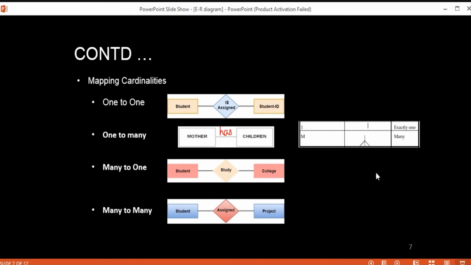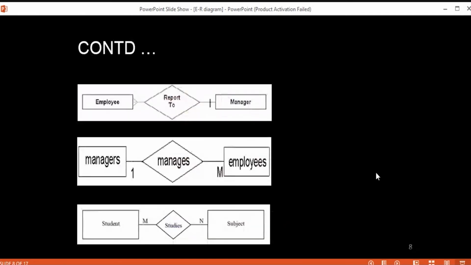You can also indicate the cardinality using marks above or below the line. Generally we write it below the line, and it tells you the maximum number in your relationship. Here m indicates that the cardinality is many, while 1 indicates that the cardinality is 1. And if we have a many-to-many relationship, then we generally indicate it using m and n. That is shown here.